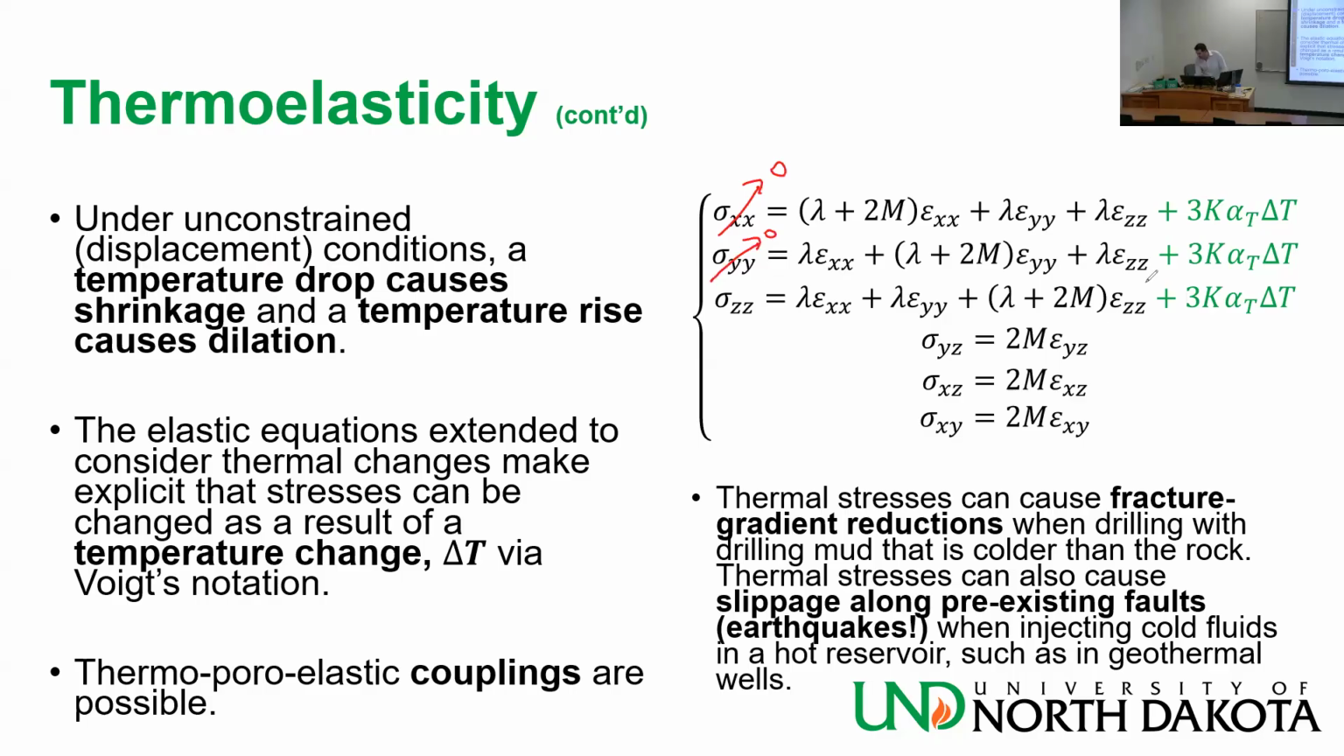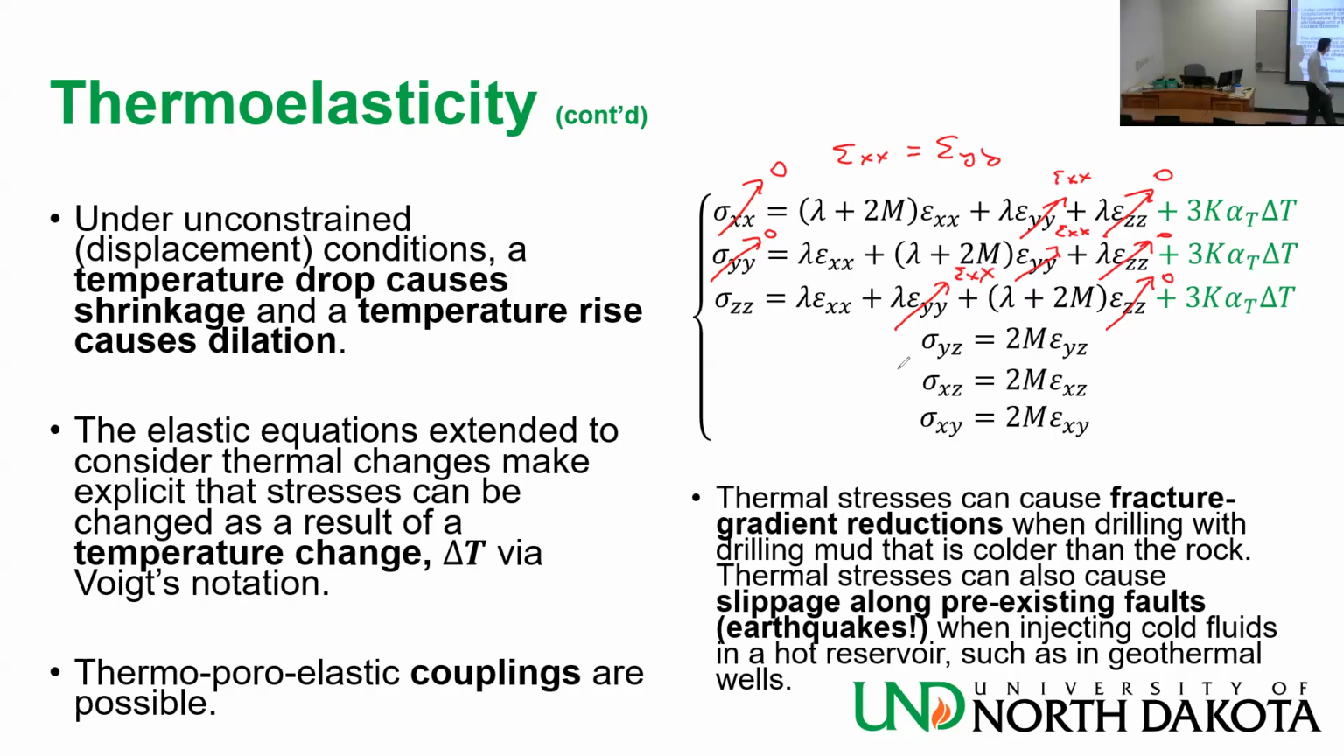I'm also told that this is 0. And I'm also told that epsilon xx equals epsilon yy. So I can convert those into one unknown, right? So I can make this epsilon xx. This is 0. I can make this epsilon xx. This is 0. And I can make this epsilon xx. The other one is 0. Okay, so now